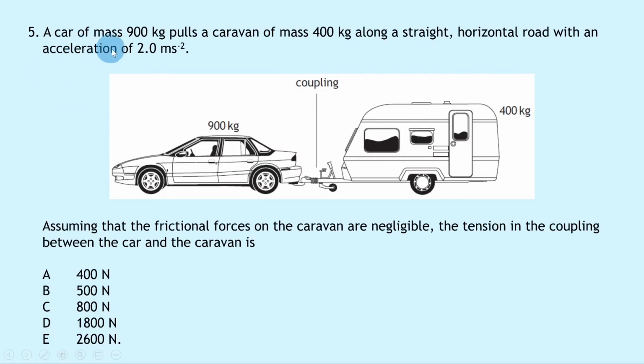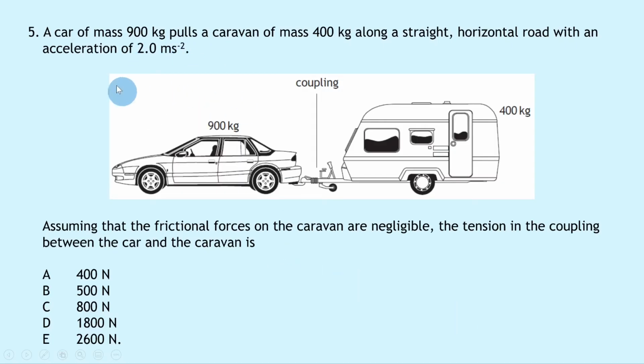Question 5 says a car of mass 900 kg pulls a caravan of mass 400 kg along a straight, horizontal road with an acceleration of 2.0 meters per second squared. So there's the 900 kg car, the 400 kg caravan, and then the coupling between the two. Assuming that the frictional forces on the caravan are negligible, the tension in the coupling between the car and the caravan is. Well, usually in these connected system kind of questions, we would start by trying to find the acceleration